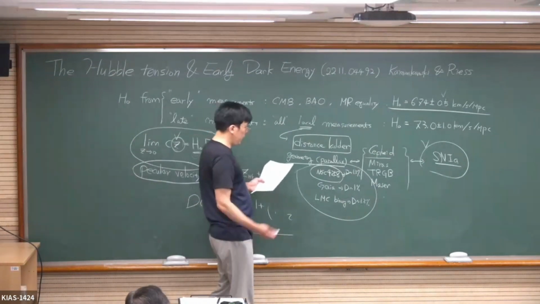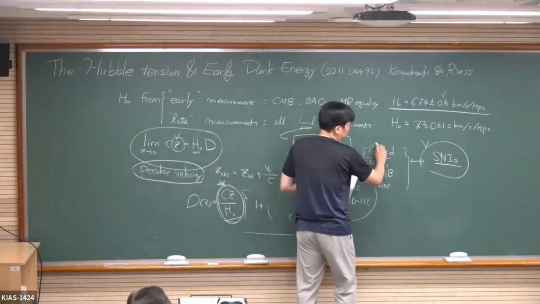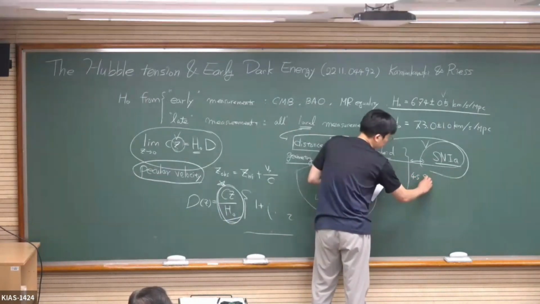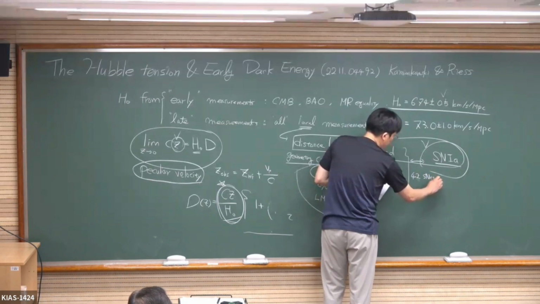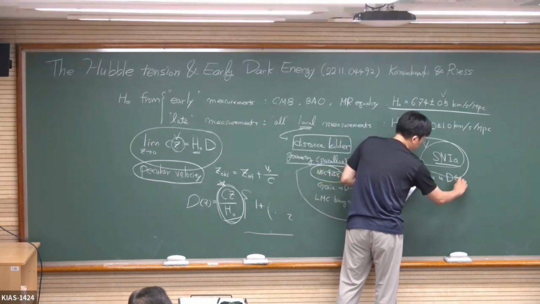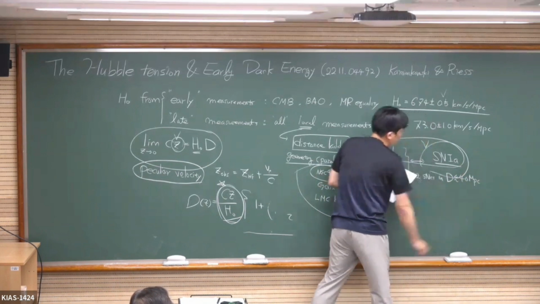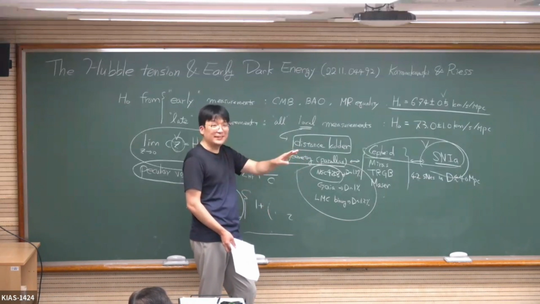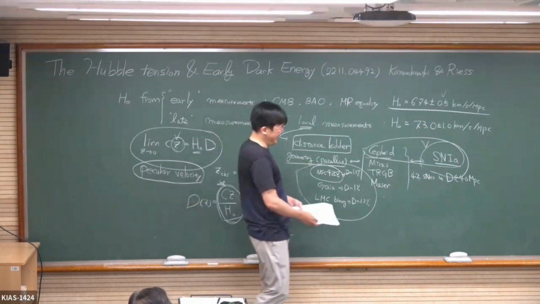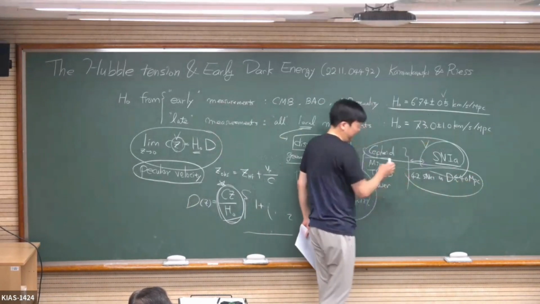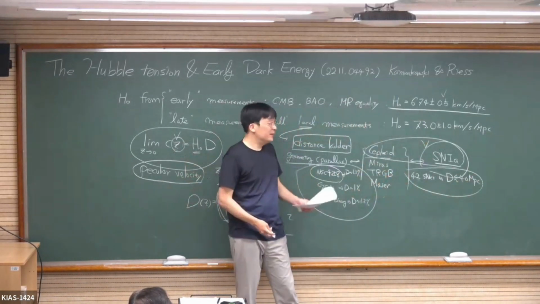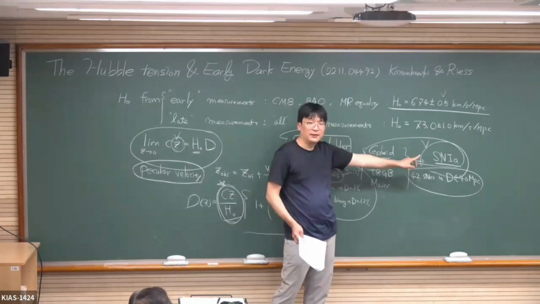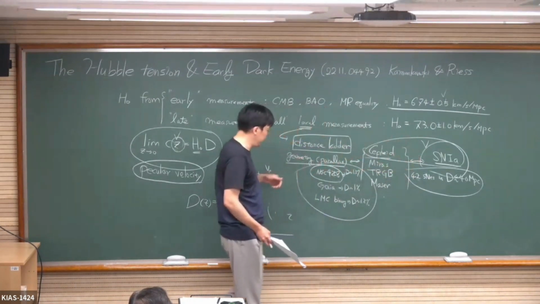And to get an overlap between Cepheids and type Ia supernovae, they use 42 supernovae in the local 40 megaparsec. That's very nice. Supernovae happen once every century per galaxy. That's very rare. But it's kind of amazing that we can detect 42 supernovae within the 40 megaparsec boundary. The important thing is that they only use these 42 supernovae for the calibration. They never use them for measuring H0.